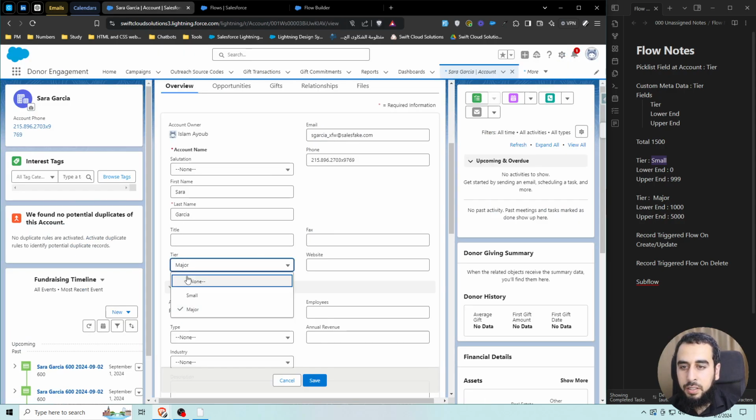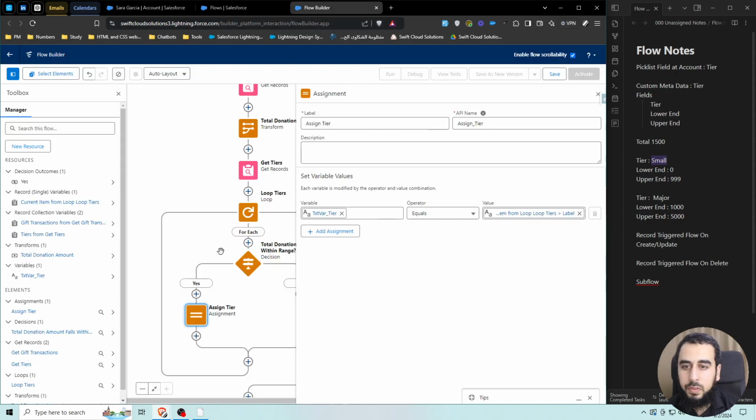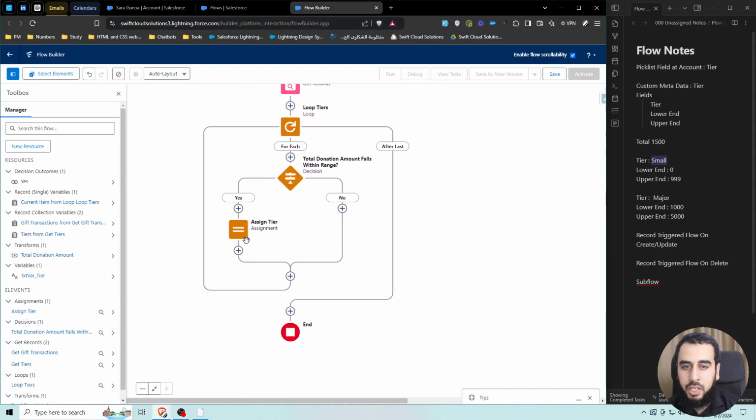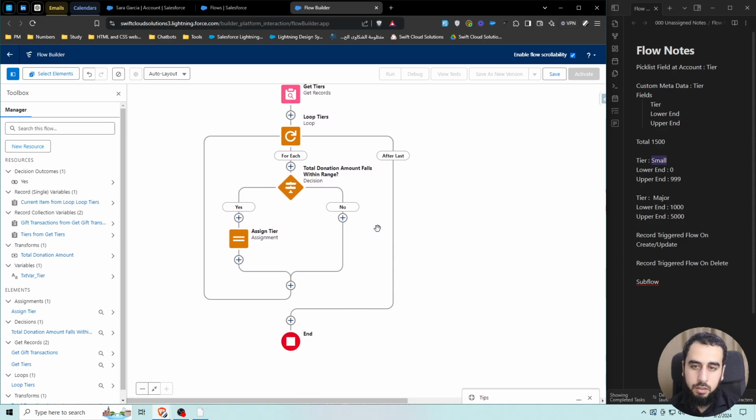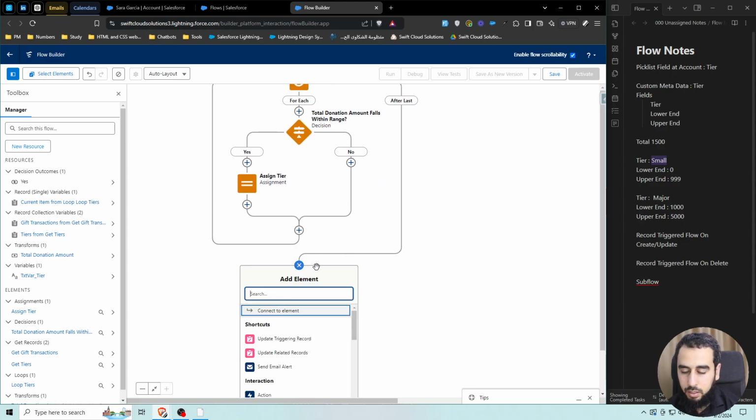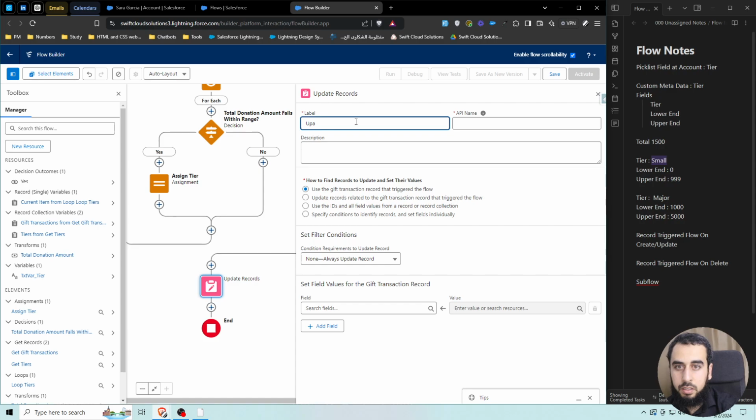When we created this tier pick list, we gave it two values, small and major, and we named those two records in the custom metadata, small and major as well, so that we can just take that value and that matches that value in here. Okay, we've got the value of the tier into text field. Now, after this loop is done, we already got the tier, and we need to go to the account to update it. So we're gonna add an update records here. We're gonna say update